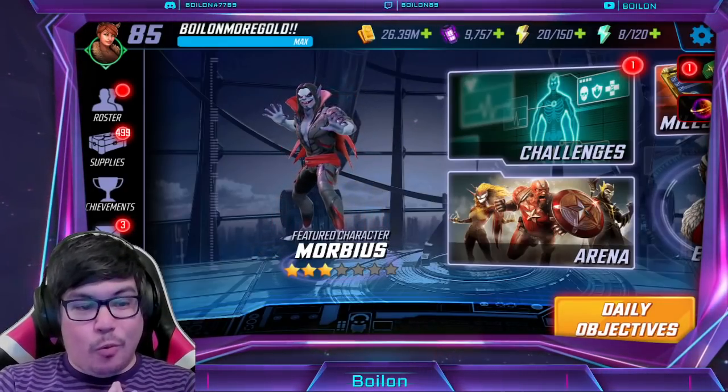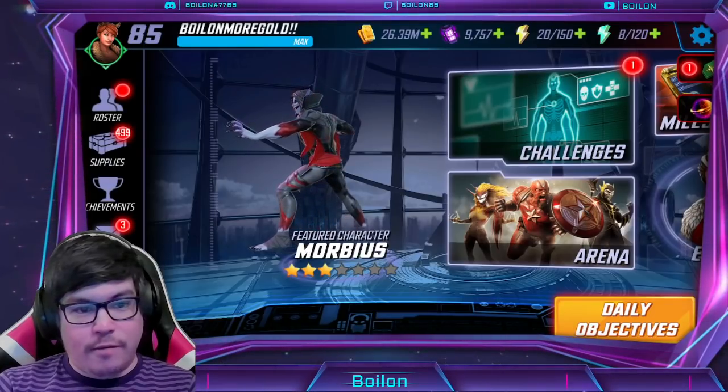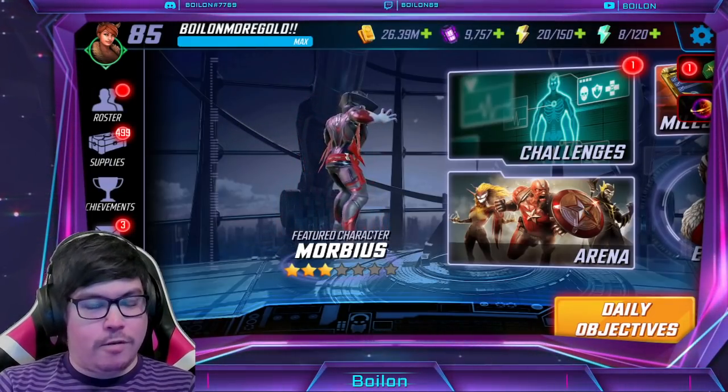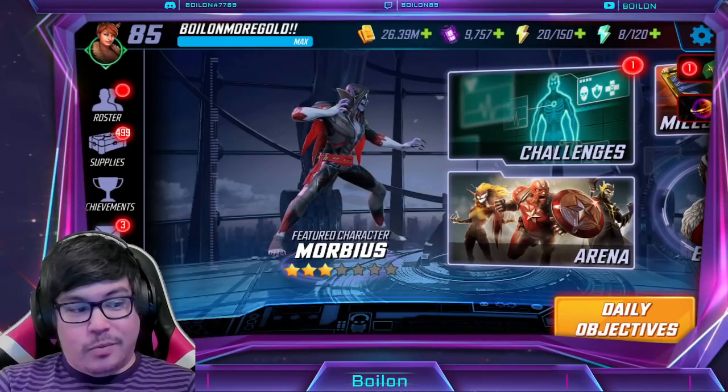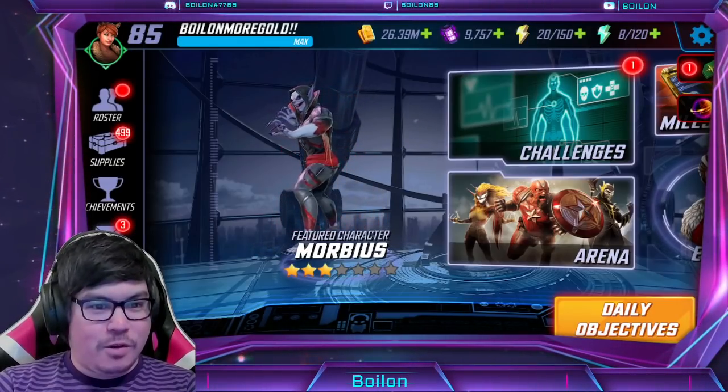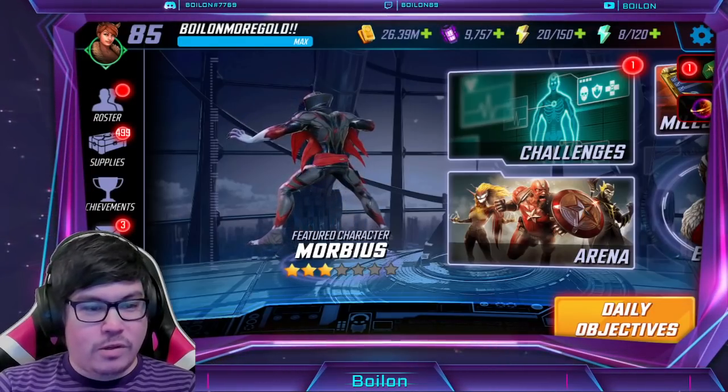Today we're going to be doing a red star and potentially orb opening for Morbius here, but things have been getting off to a bit of a rocky start for our resident vampire because, well, surprise, surprise, two parts of his kit are bugged. After the red star orb pulls, we'll be talking about this, but also some important stuff